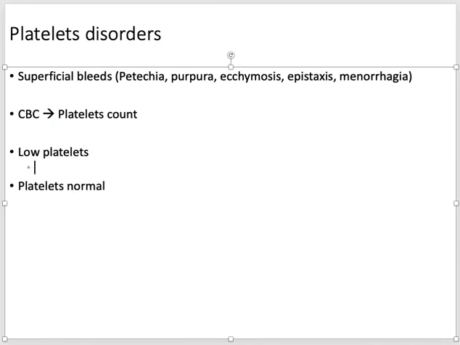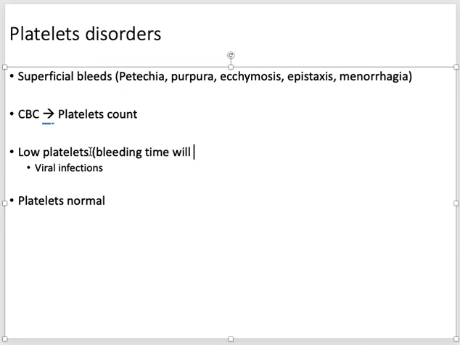For example, see, different viral infections, dengue, it causes thrombocytopenia. When the platelets are low, of course, we call it thrombocytopenia, and there is increased bleeding time because no platelet plug will be formed. So what will happen? The bleeding time will be increased. Okay. So viral infections,